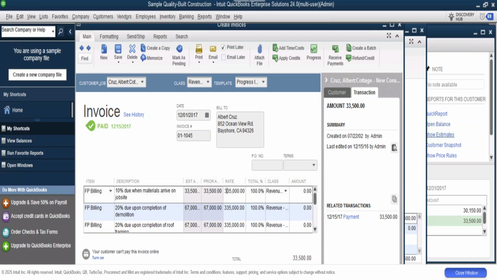Hi guys, in this video I'll show you how to record owner's draw in QuickBooks Enterprise. Now, the first thing I want you to do is actually set up the owner's draw account if one is